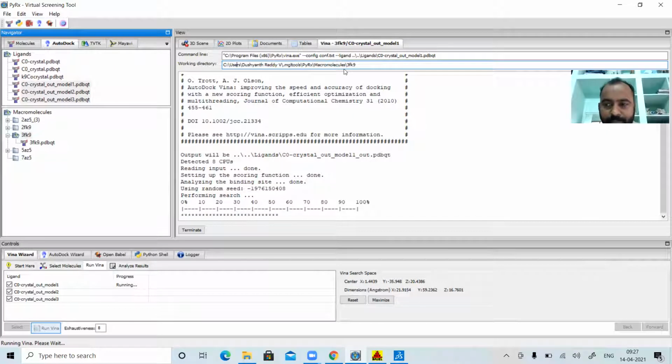After completion, we will see how to analyze two-dimensional interactions using various tools such as LigPlot, and we can even plot with the Discovery Studio Visualizer. We can see non-bonding interactions, and you can see even the docking scores directly on your PyRx window. In the window itself, you can see.